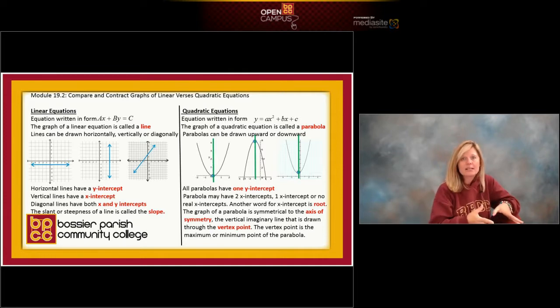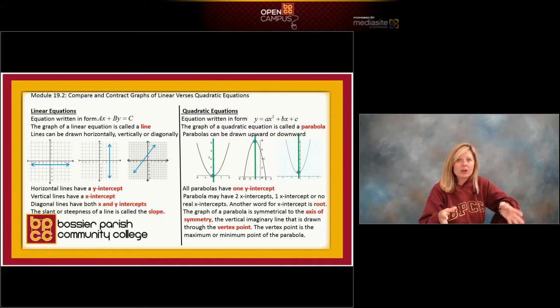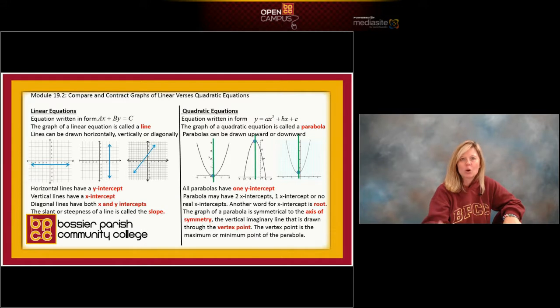So let's take a walk down memory lane and look at linear equations. Think back to 098 Algebra 1. An equation that's linear is degree 1, which means the variable has an exponent of 1. Because we're graphing, not only do we have the variable x in our equation, now we have the variable y. An equation in the form ax plus by equals c, where x and y have invisible exponents of 1, we know that's a linear equation.